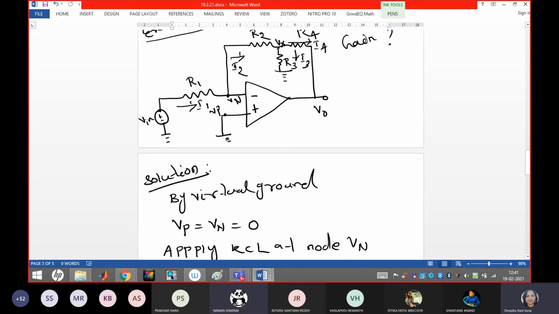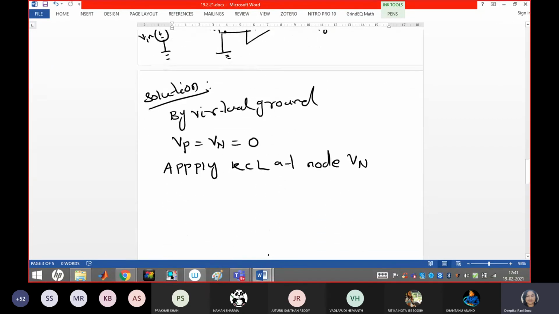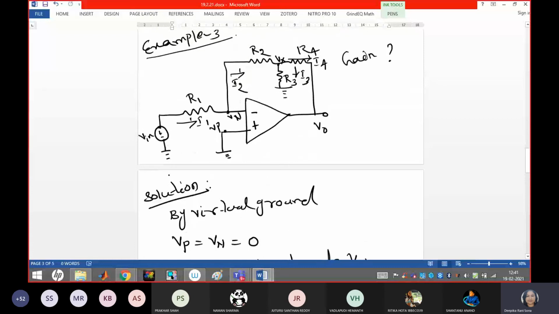Just remember that here the unknown nodal voltage, you have named this as Vx. It was given here, right? If it is not given, you may take Vz or some parameter, just label it. Even though if it is given, you have to write Vn minus Vx by R2. Later only you have to put the value of 0. So initially we have to write like that. And again, guys, this is one part we can solve with respect to Vn.